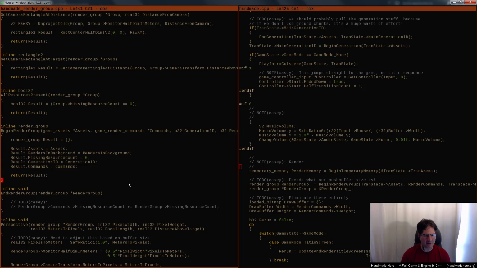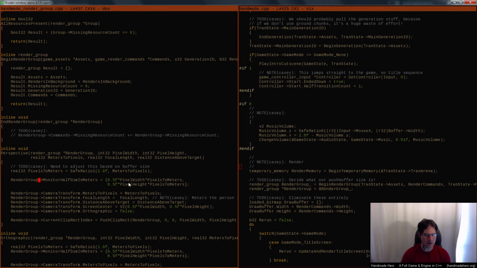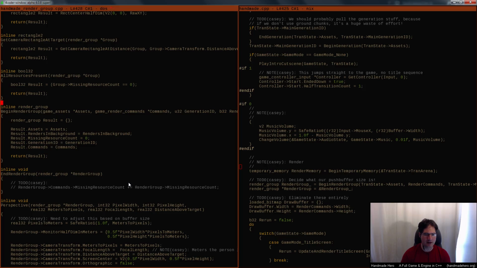it implies, I guess it is true. So even though perspective actually sets the monitor half dim in meters kind of down here, which is a little bit strange, I'm kind of weirded out by that, but that's okay. Anyway, that was a little bit of an aside. I apologize for that. Anyway, point being, inside begin render group,